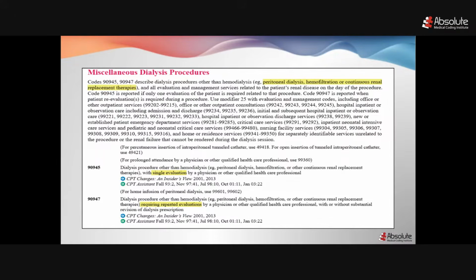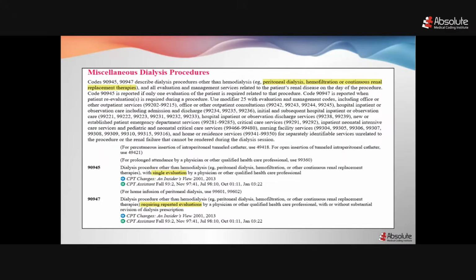And next is 90947, this is for dialysis procedure other than hemodialysis requiring repeated evaluation with or without substantial revision to the dialysis prescription. And here also you can use 25 modifier if a separately identifiable E&M service is performed on the same day. Okay,